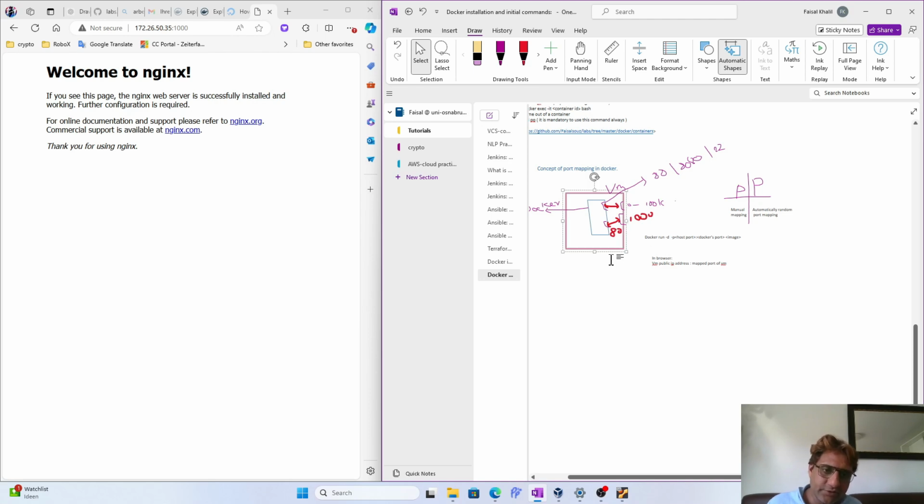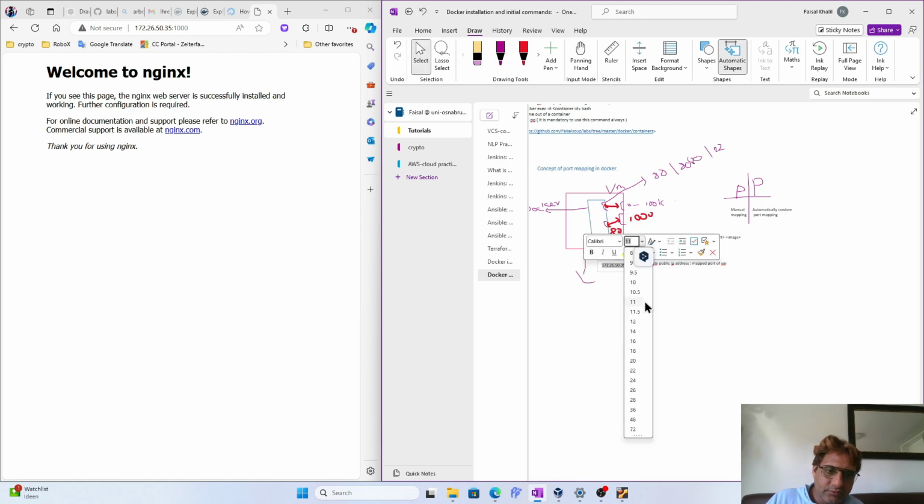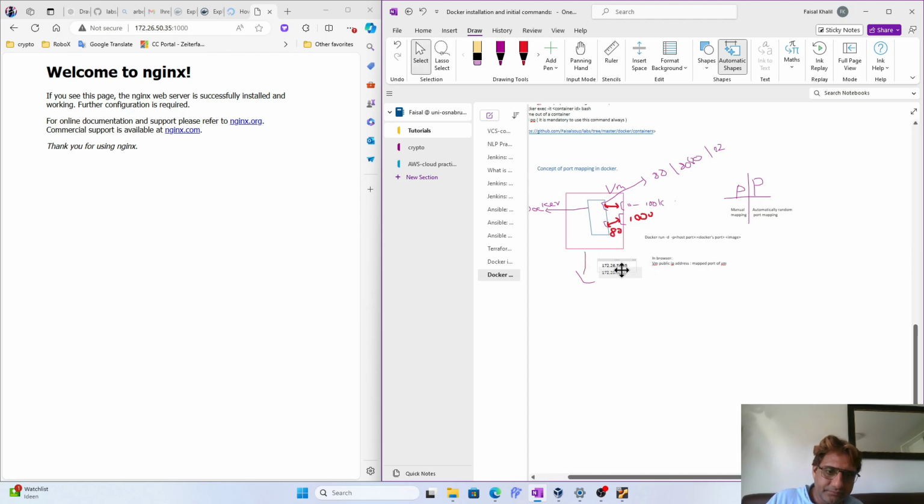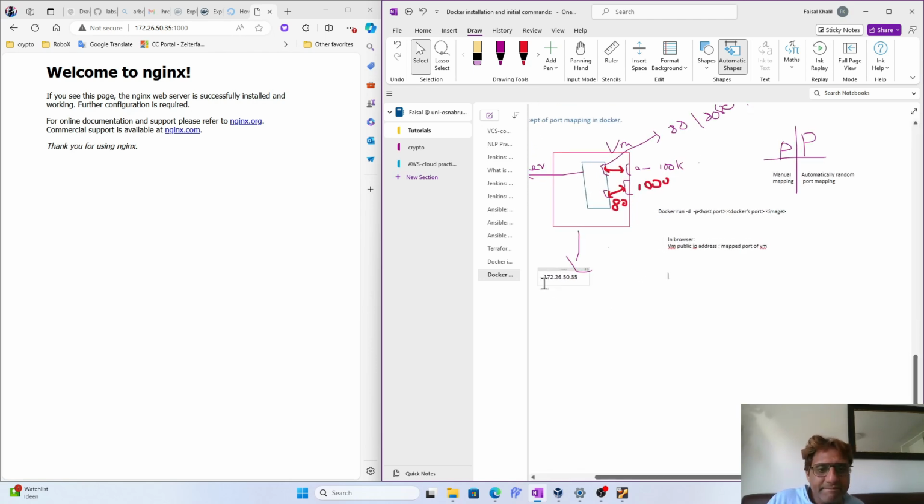And this is a virtual machine over a virtual machine. And the IP of the virtual machine is this one here, right? This is the IP of this machine here. And when we run an IP address like localhost and then port 80 in the browser, not port 80, because one thing which is very, very important,